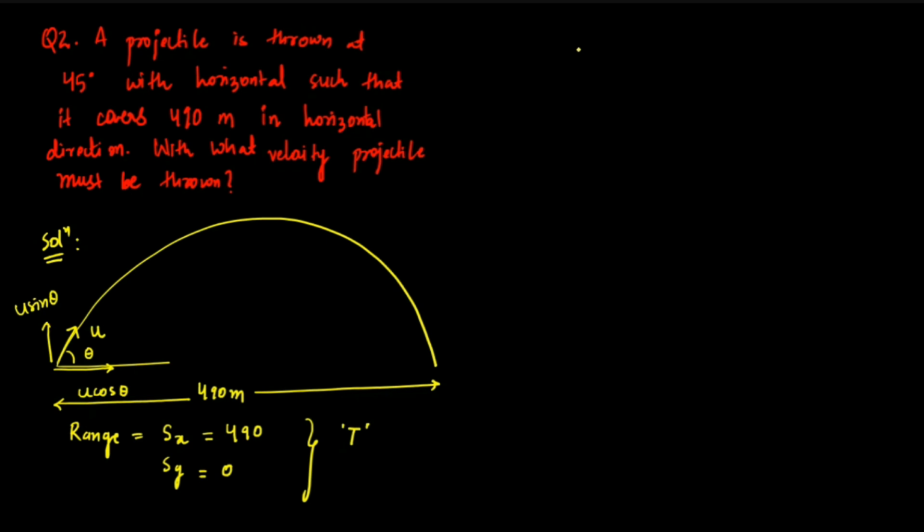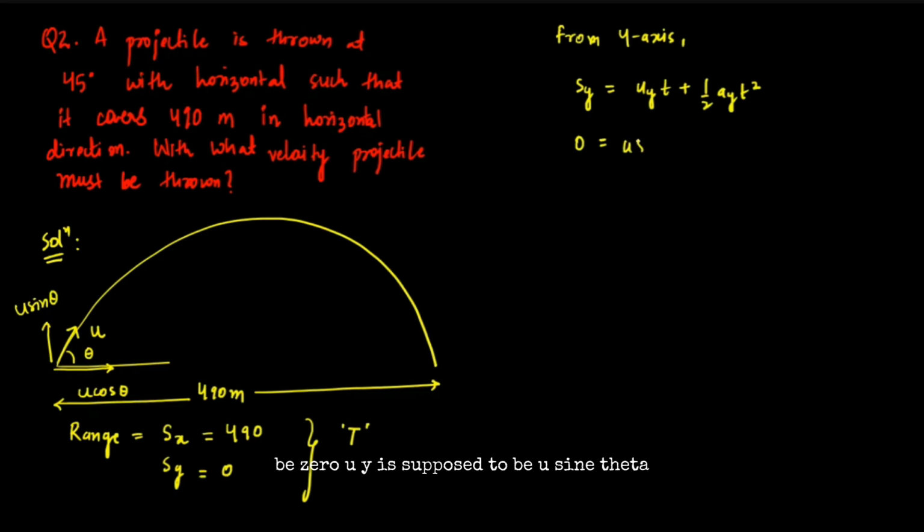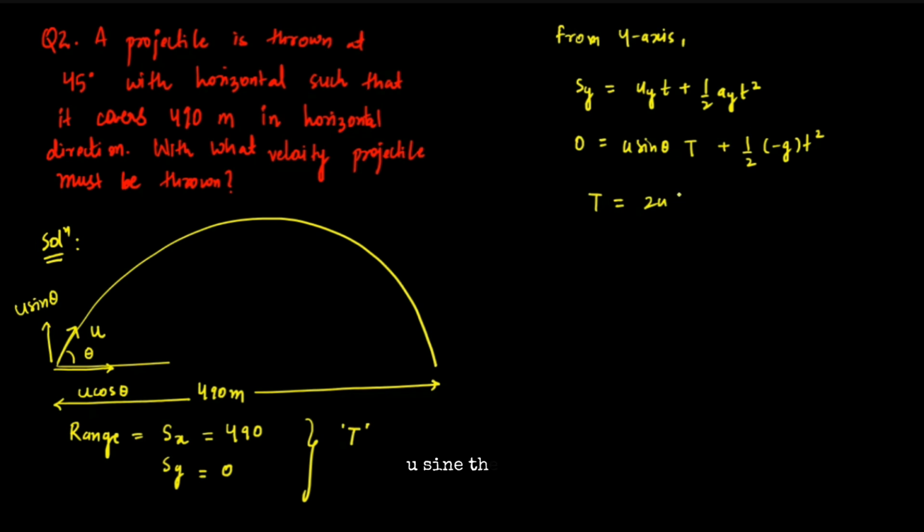Now, for the same case, displacement in x-axis is 490 meters. Displacement in y-axis is going to be 0. We know that. Similarly, we don't have time as well. So let us assume that the total time of the journey is t. So let us first apply this equation for Sy so that we can have time, and we can substitute the time value in the Sx equation. So from y-axis,